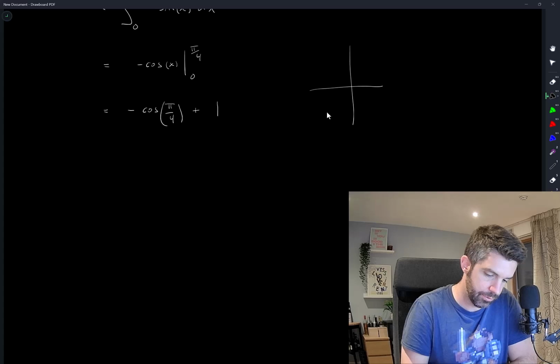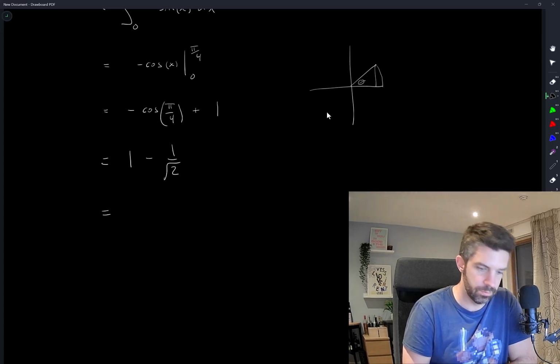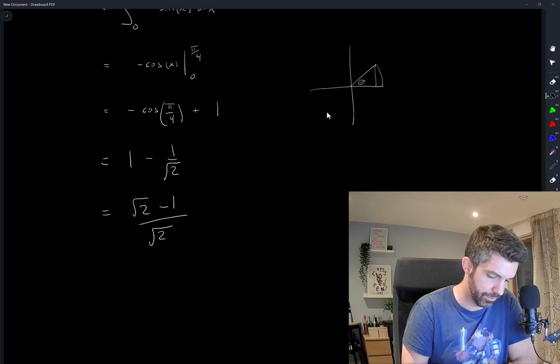Pi over 4 is 45 degrees. Yeah. So cosine of pi over 4 is 1 over root 2. So this is 1 minus 1 over root 2, which is equal to root 2 minus 1 over root 2,